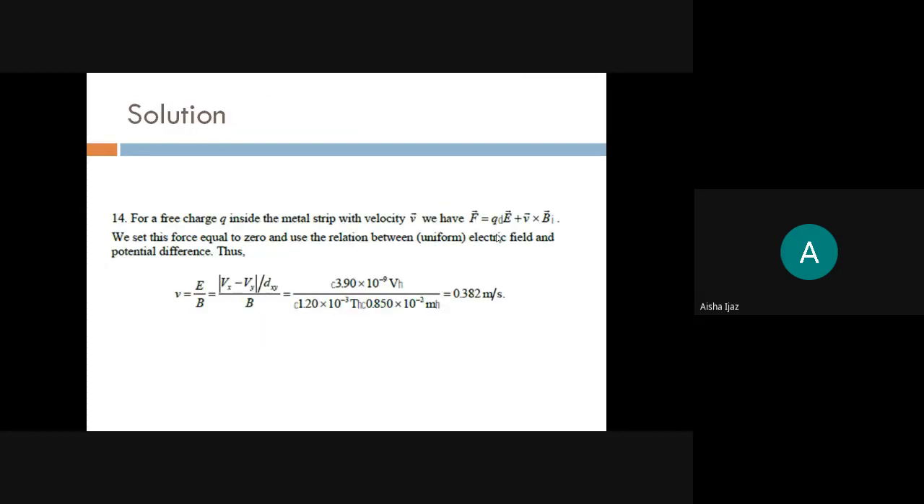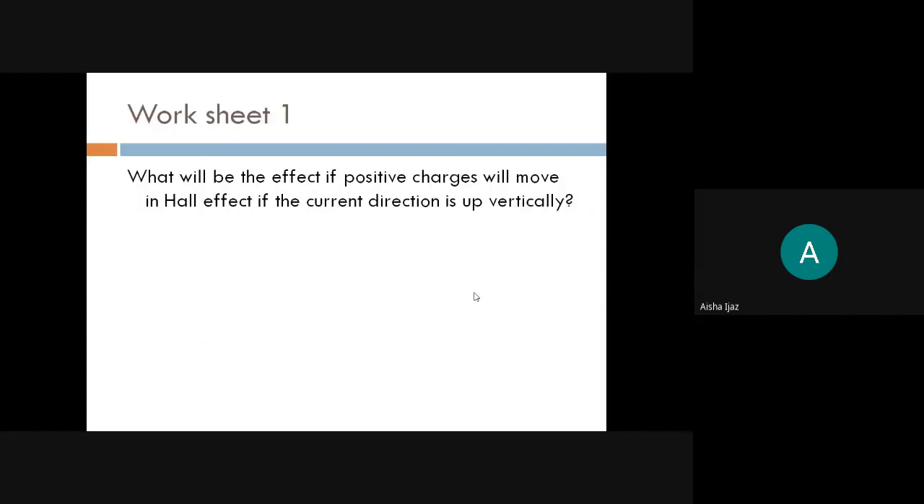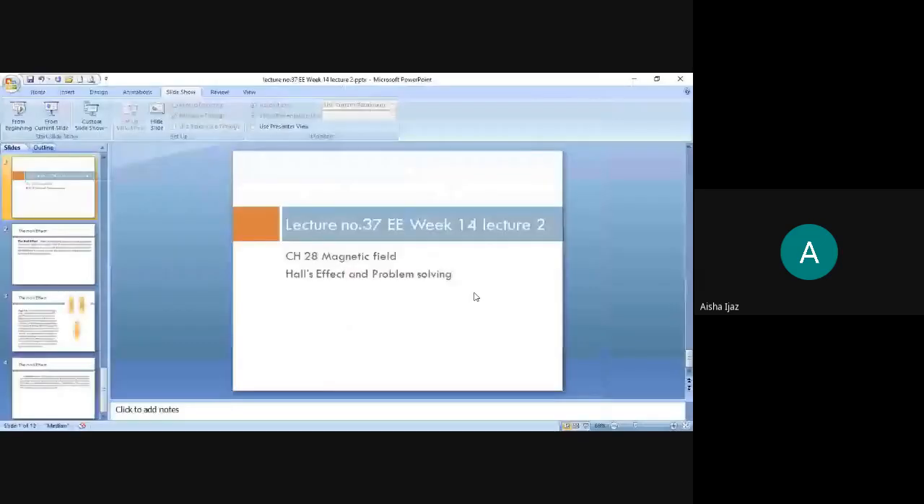Okay, length you have of this conducting metal strip. So just substitute the values here. You will be able to get 0.382 meters per second. And this is the worksheet, student, that is for your